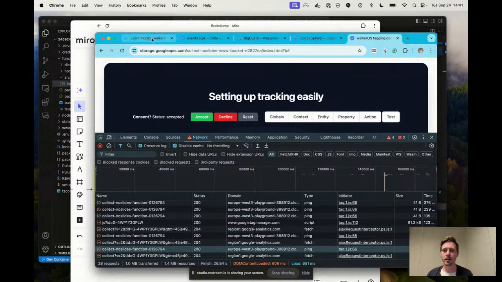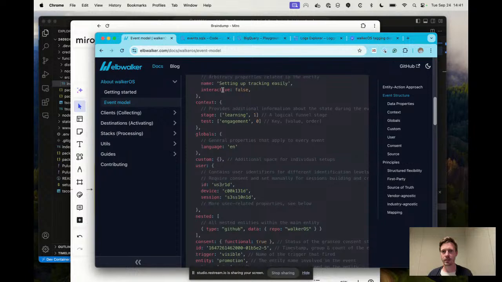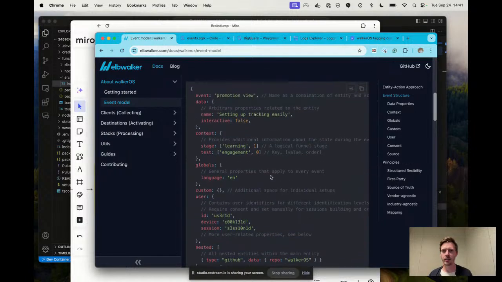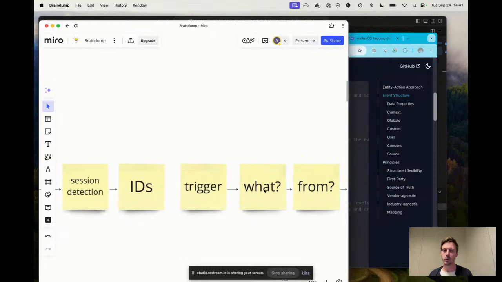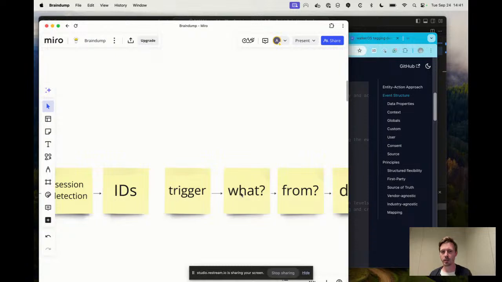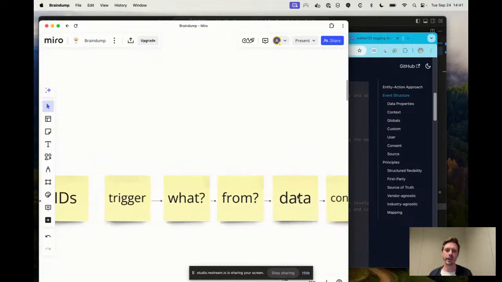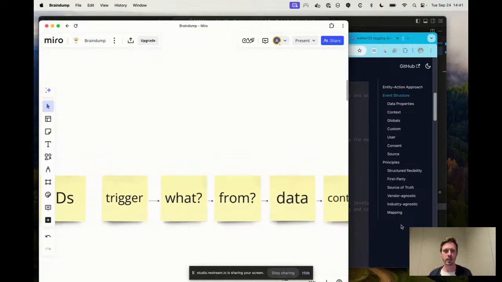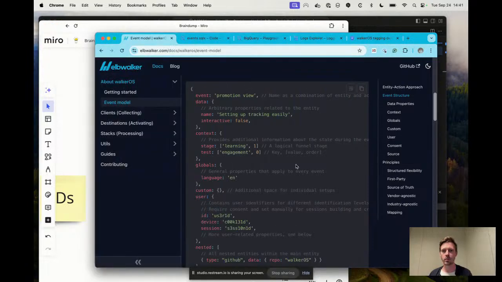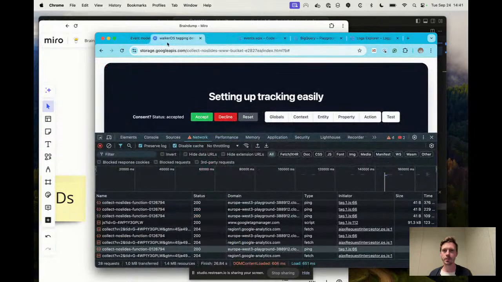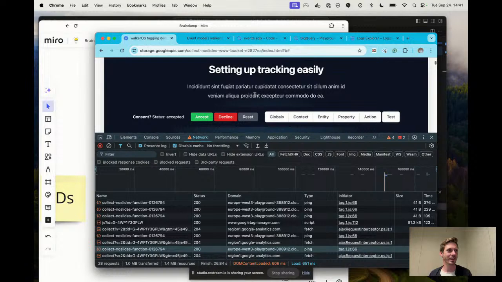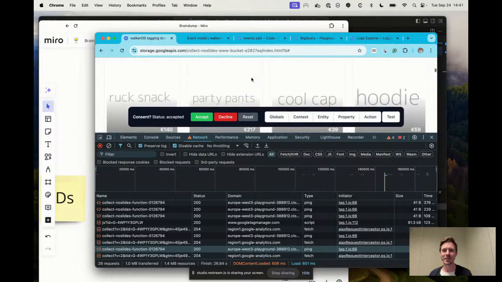I described anything in an event model like this. And these are the events that we're going to create once we had the trigger by a user and we understood what was clicked from what. So it might be the button with the promotion click. And we go to collect the data that is assigned to it. So it might be promotion view with some more information we use to tag here. And this could be Klassiker. This could be,